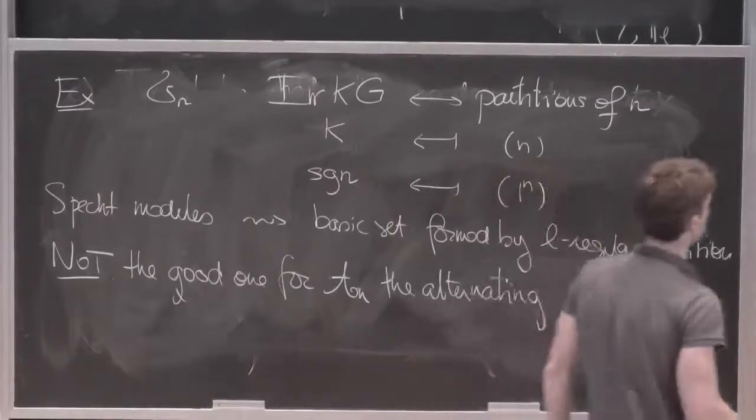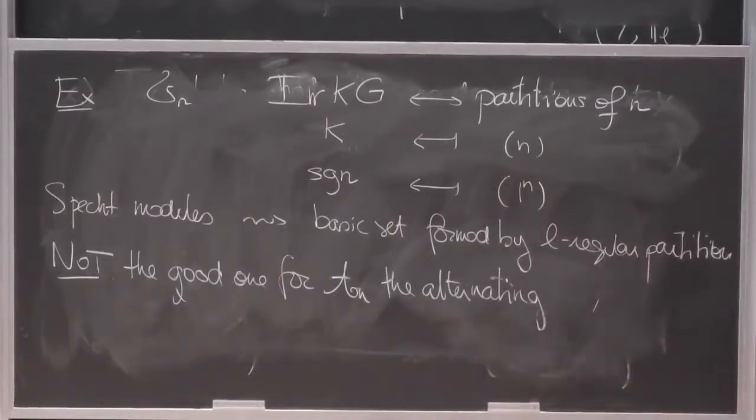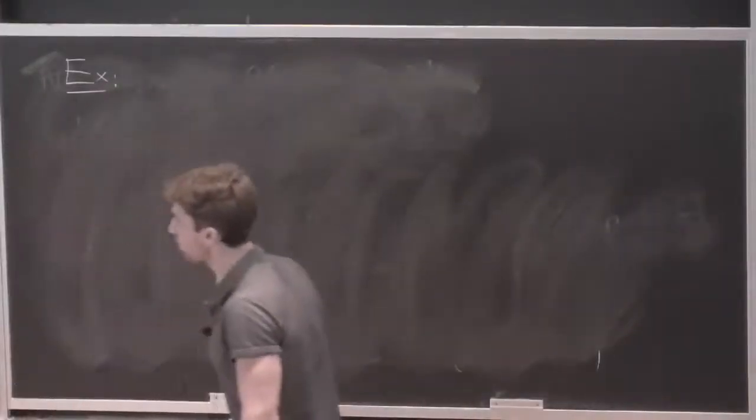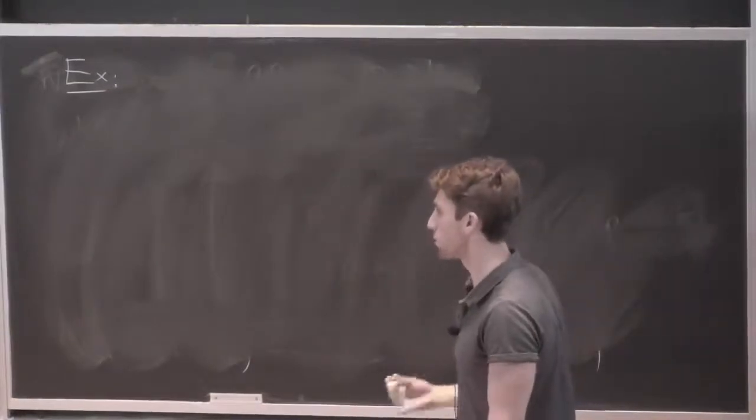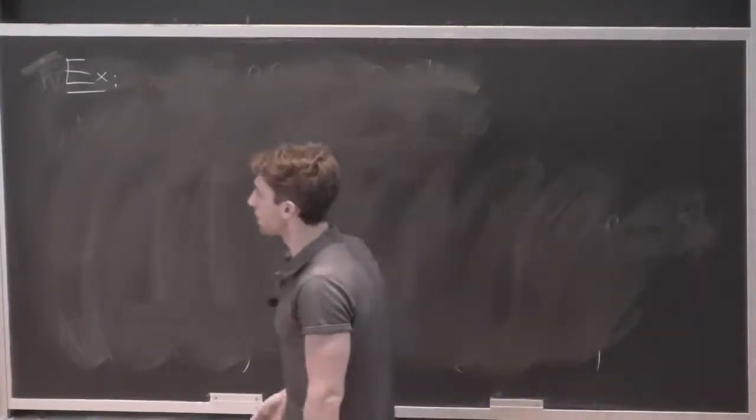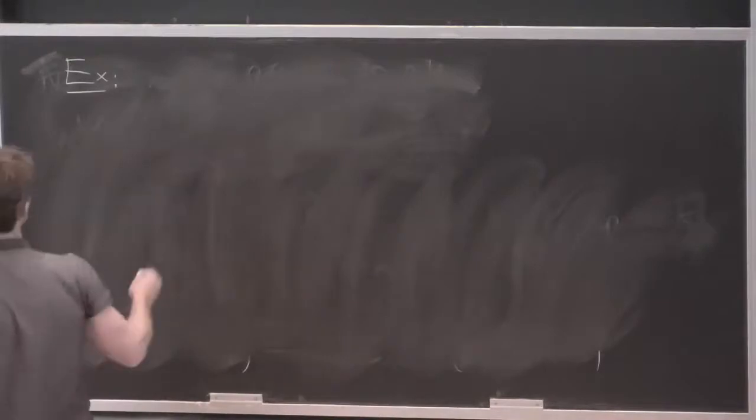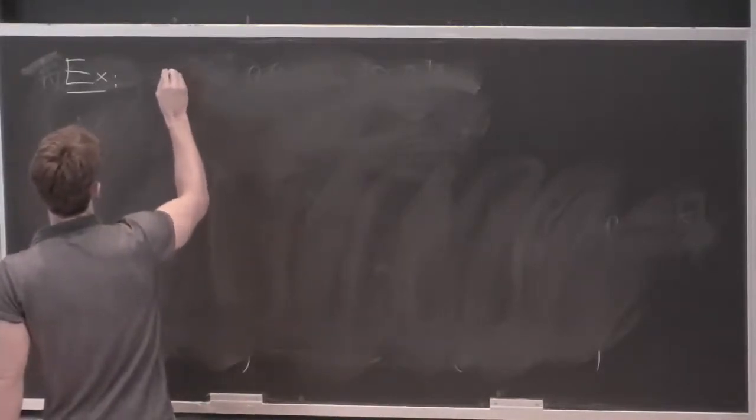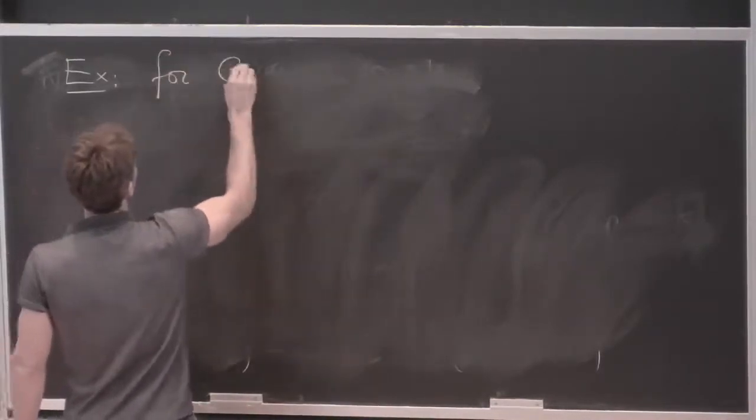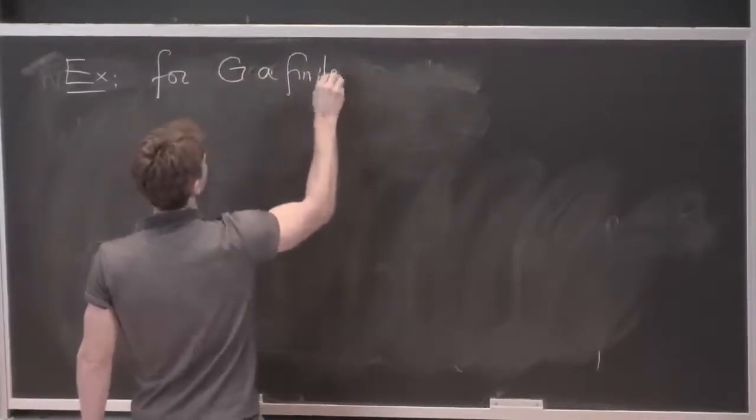So that will be another example. I will explain it in more detail on Thursday, giving you the general result. But here let me start with recalling that for G, a finite reductive group,